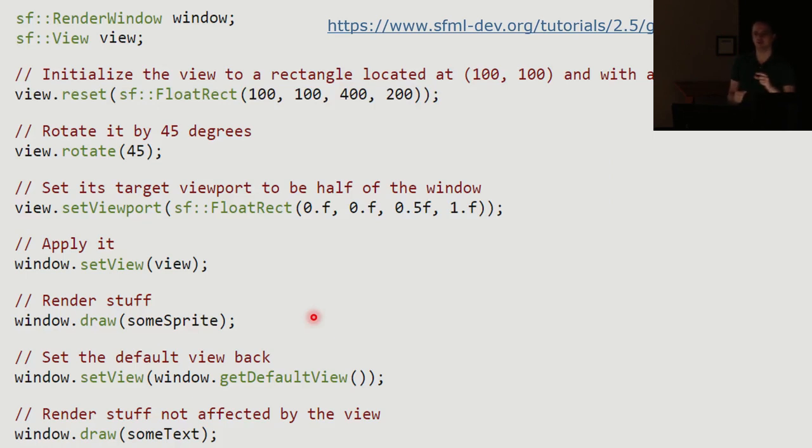We want that to be fixed in a particular place on the screen rather than in the world, right? So let's say we just have a view centered on Link as he's walking around in Zelda, right? And we drew the hit points, say, 500 pixels to the left of Link, then